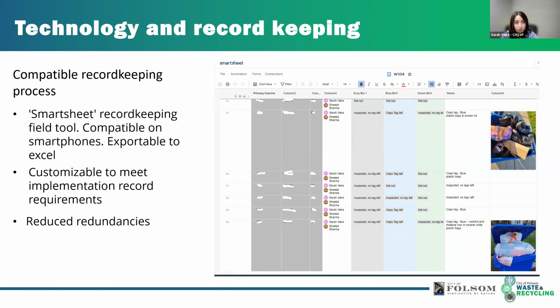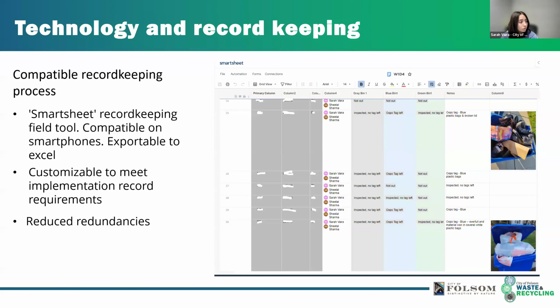In the field, we don't have a lot of technology yet. So we really wanted to focus on using our smartphones in the field and not use a paper tracker, because then we'd have to go back to our office and re-enter the data. So we wanted to reduce those redundancies.